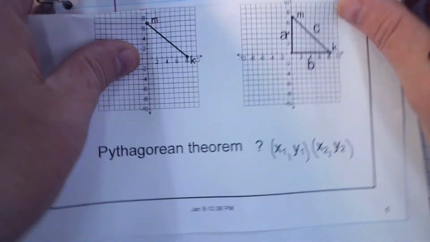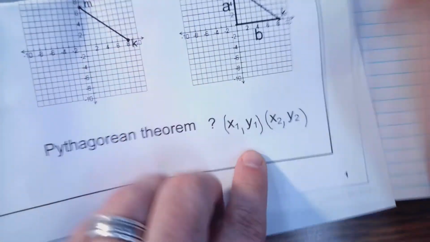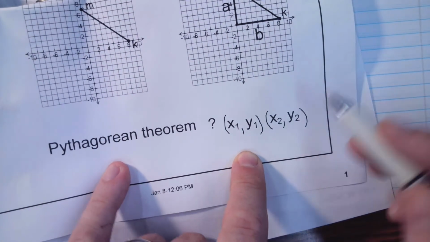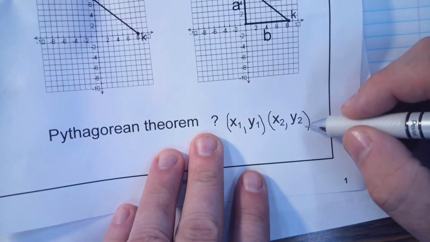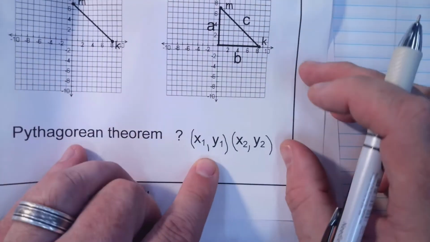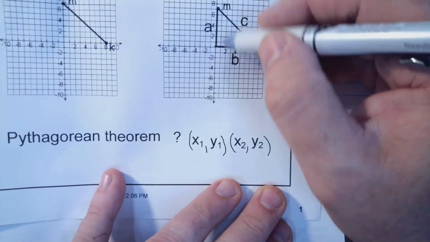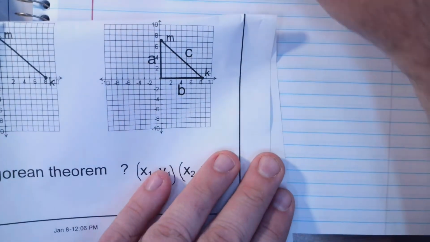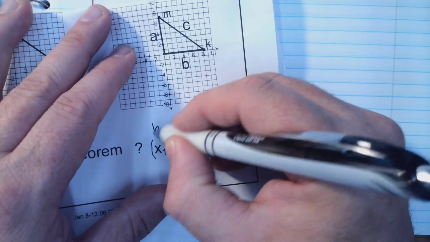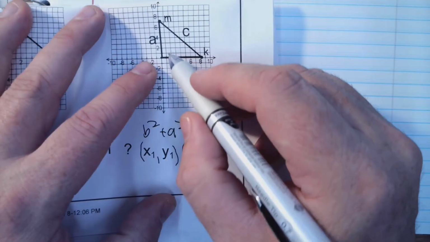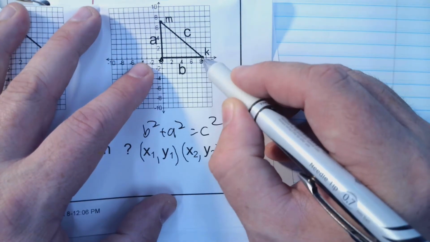So basically, using real paper is weird. Basically, what I'm going to do is use these points, x1, y1, and x2, y2, okay? And I'm going to turn it into the distance formula. So what I'm going to say is the distance of A and the distance of B. So I'm actually going to do the distance of B first. I'm going to do B squared plus A squared equals C squared. Doesn't really matter. And so basically the distance between this point and this point would be